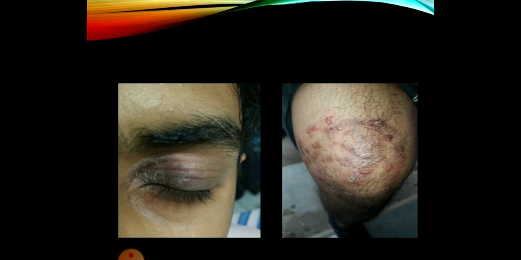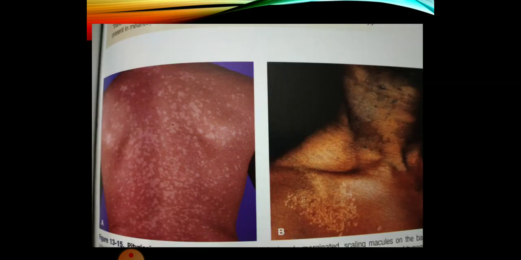Now the organisms responsible for superficial fungal infections, that means of the skin and mucous membrane, are the surface ones, and one such is Malassezia furfur. This is also known as pityriasis versicolor or tinea versicolor. It is called versicolor because it shows both colors, white, small hyperpigmented patches, and black ones. The black one is not shown in this picture, only the white one is depicted. So from here we can understand what this Malassezia furfur infection looks like.